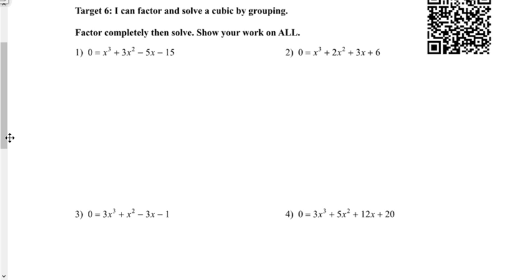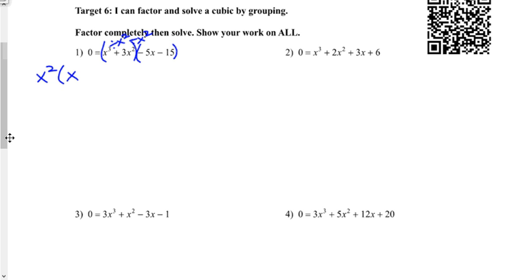Because we already have it in 4 terms, it looks very convenient for us to factor by grouping, so that's exactly what we're going to do. We're going to group the first 2, group the second 2, and then factor out GCFs from both of those groups. From the first group, I can factor out an x squared. What I'm left with when I divide both of those terms in the front by x squared